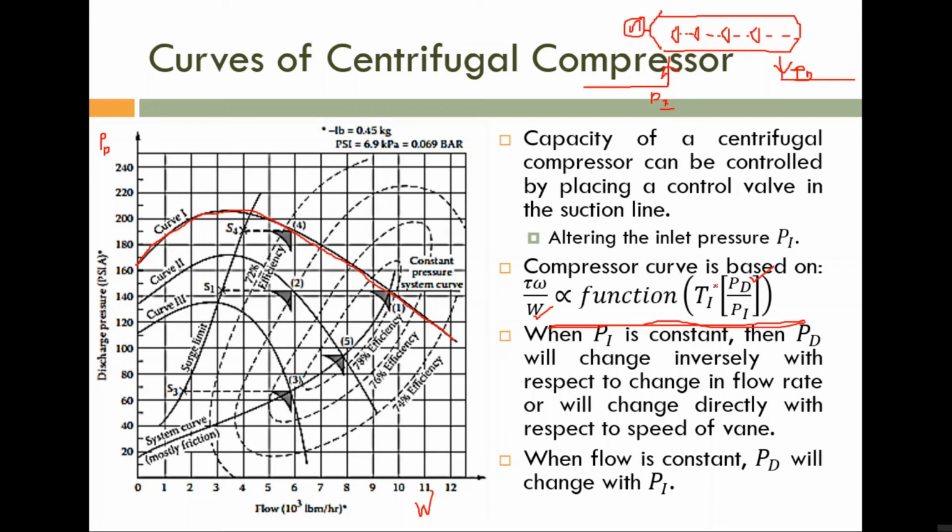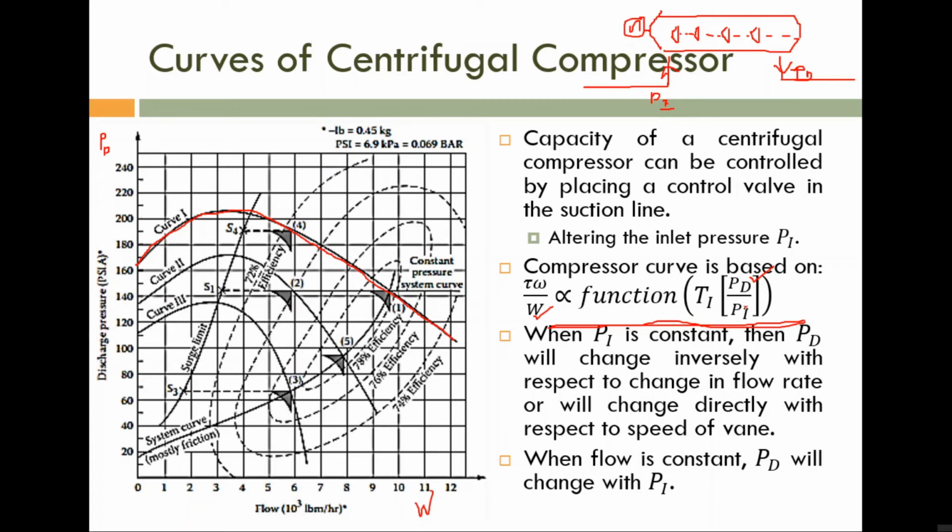If you are shifting all other elements to this side, except PD and Pi, in some situations we have to take logarithm, in some situations we have to take exponential, whatever the case. If you are keeping PD and Pi on one side, and shifting all other elements to the other side, then PD by Pi is the compressor ratio. And that compressor ratio depends upon a number of factors, including flow rate. So corresponding to a particular flow rate, compressor ratio is constant.